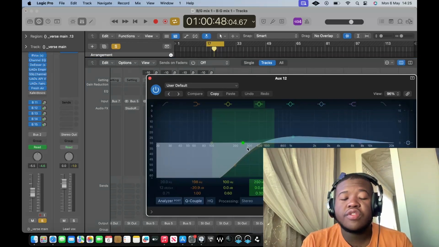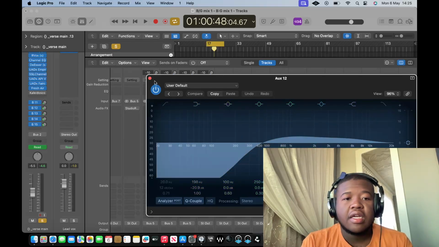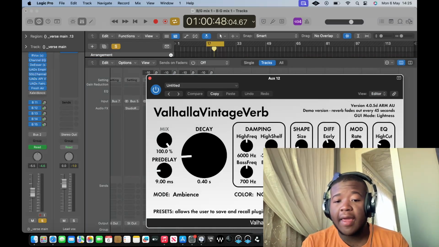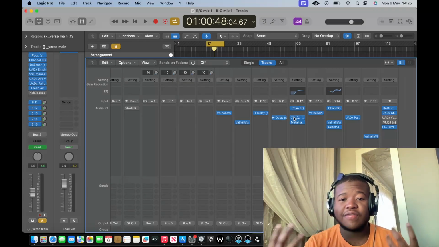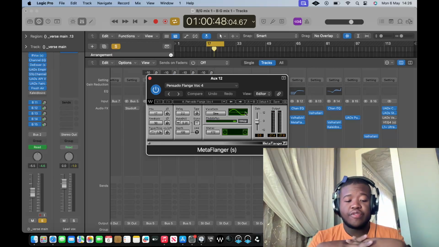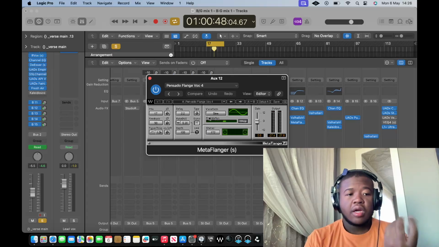So the first thing that we did was we EQ'd. This is for the depth stuff. We EQ'd a lot of the low end out, and then we put in some mid frequencies around here. We boosted some of that, and then we went into the Valhalla, this vintage reverb on drum air. This was a preset, and just blend to taste. So this makes it feel like it's in a small room. And then here, what we were doing was we just added a flanger type of effect, so it feels a lot bigger. So it's like this bright, small, tight room that's doing that.